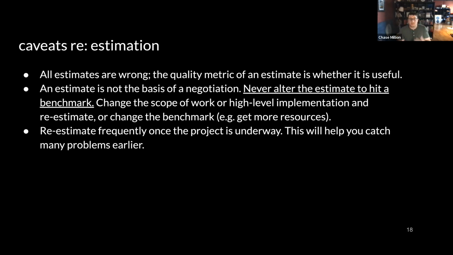Also, the estimate that you initially produce is going to be wrong, for the reasons I previously explained. So you should re-estimate pretty frequently throughout a project. You should certainly re-estimate when the conditions of the project change, if the final deliverable changes or some requirement has changed, but you should also re-estimate maybe 4 times throughout the project, or annually or quarterly throughout long-running projects. That is not to make sure that you are still on track with your estimate, although it can do that, and it can alert you very quickly to problems in the project as a whole. But it is to